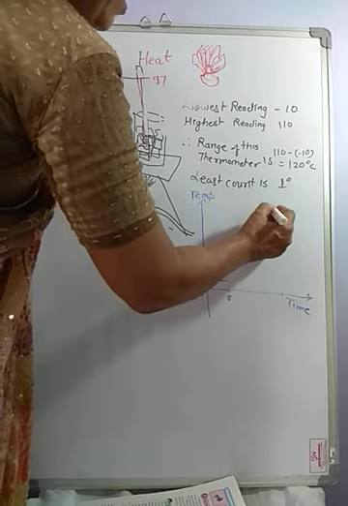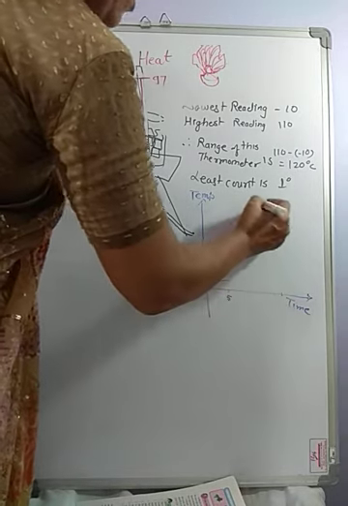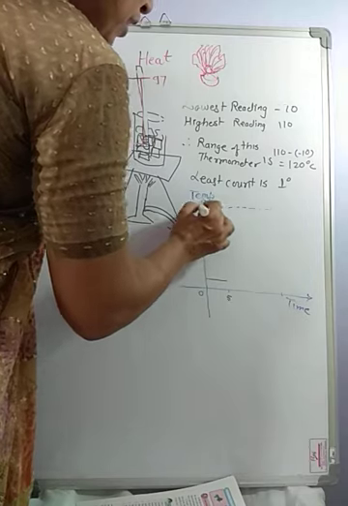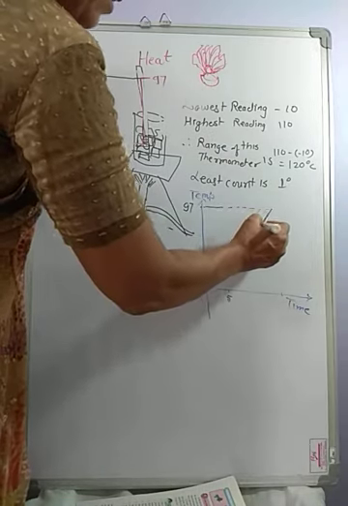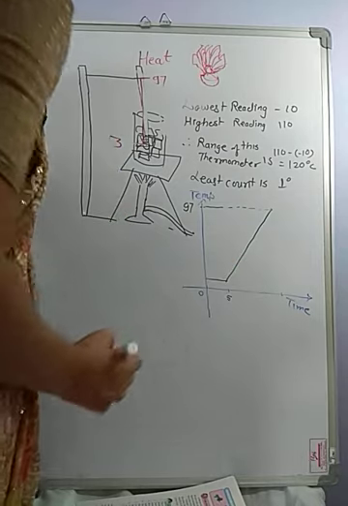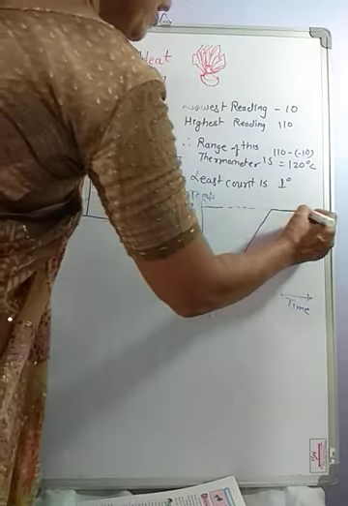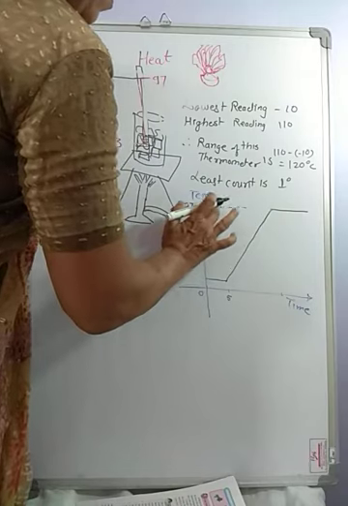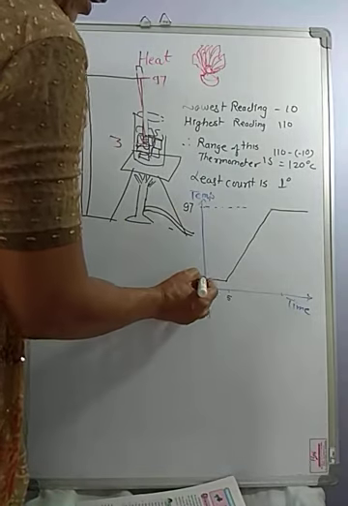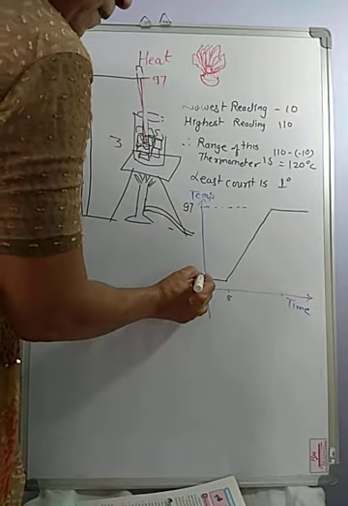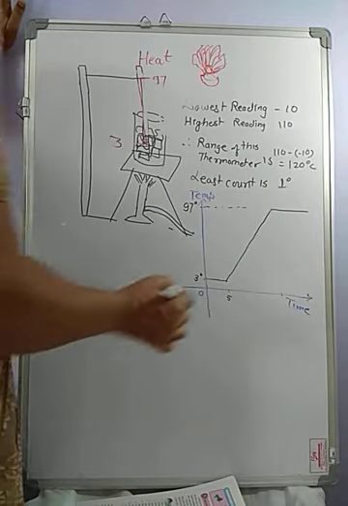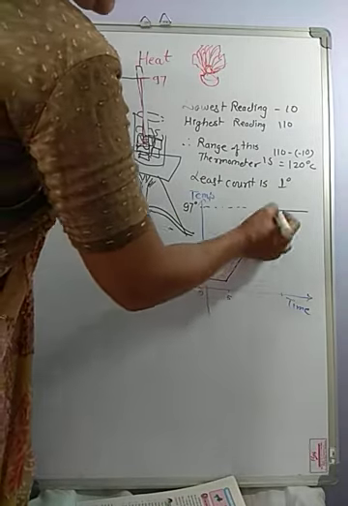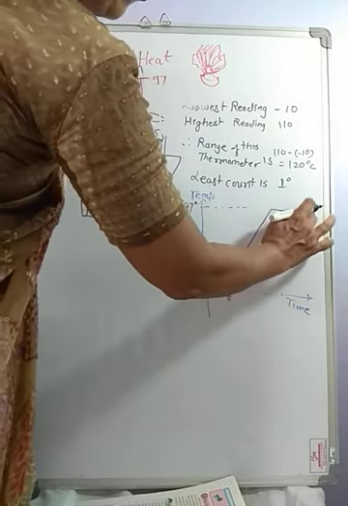So at 15 minutes, the temperature was 97 degree. It was again not 100 degree. And in between, the temperature rose slowly. So our graph will not start from the bottom of the x-axis, but it will start from 3 degree, and it will be continuous at 97 degree as time goes on. So this is the nature of our graph.